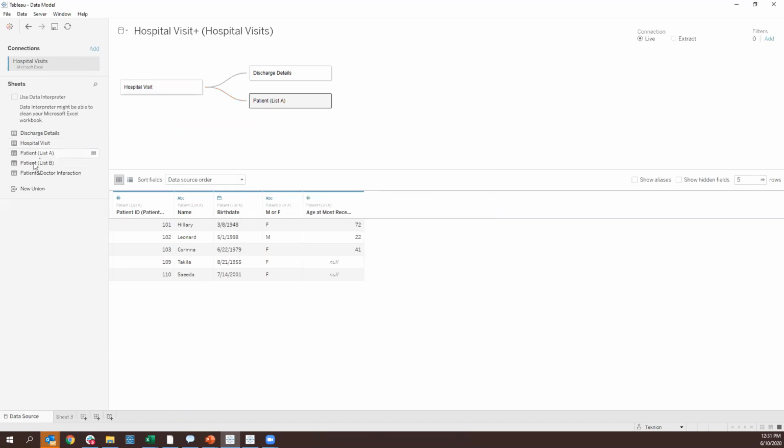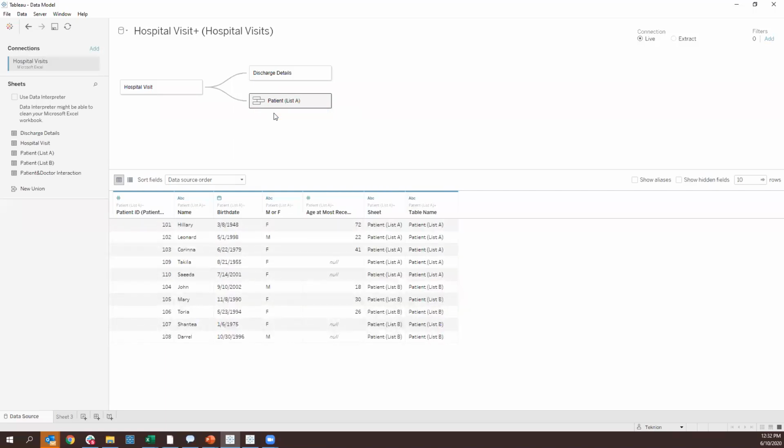And then patient list B, I could potentially build out a new relationship, but that's not at all what I want. In fact, what I want is to union these together. And that's very easy to do, but it also brings up a point of discussion, and that is the fact that